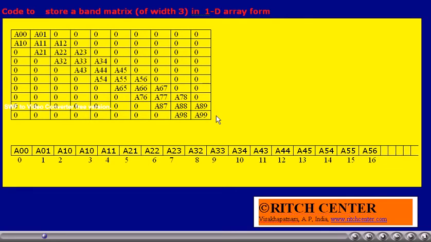The previous code fragment will store the band elements in the 1D array as shown in the slide.